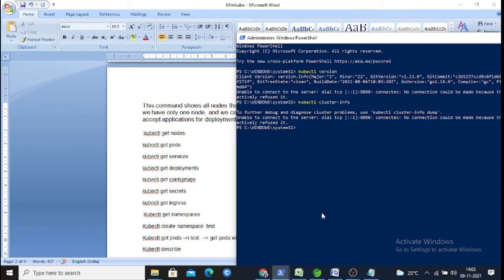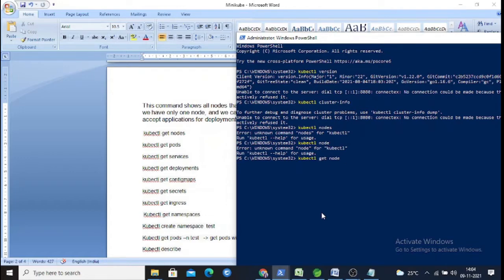So here is kubectl. First, if you say nodes, it is going to display the number of nodes available for your cluster. get is the command you need to give: kubectl get node, and it is going to show you the node details.